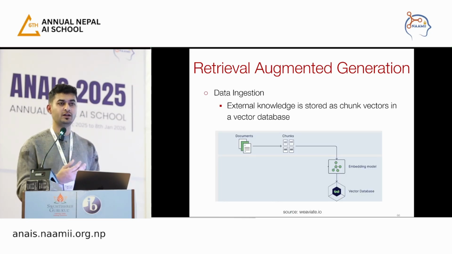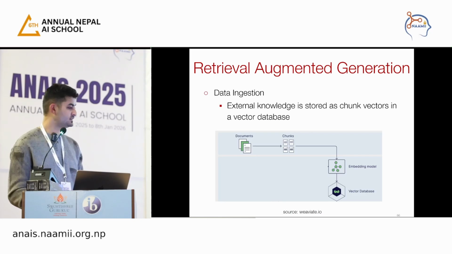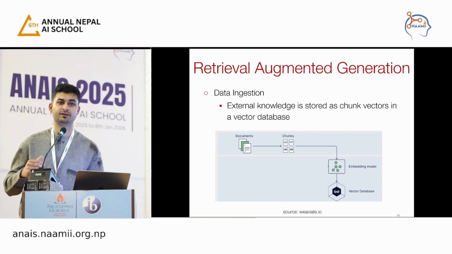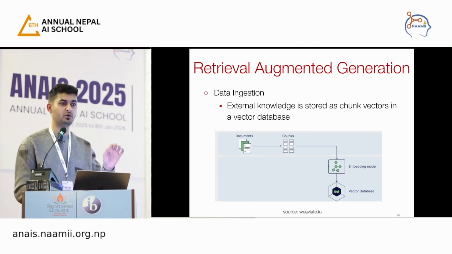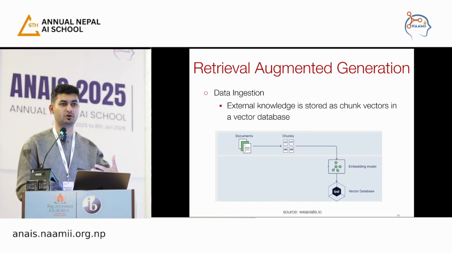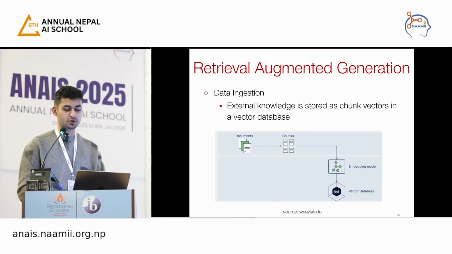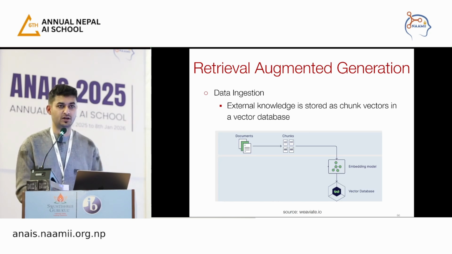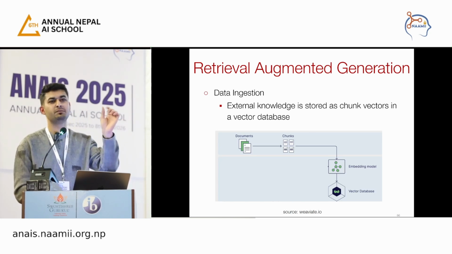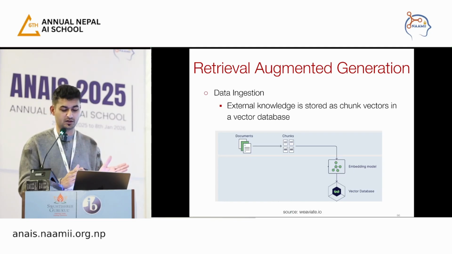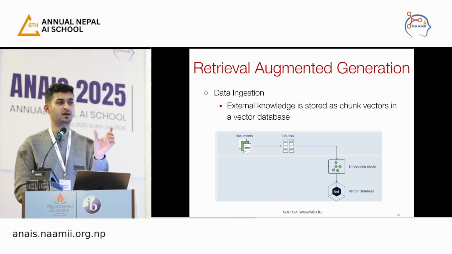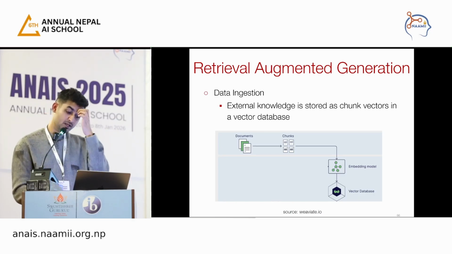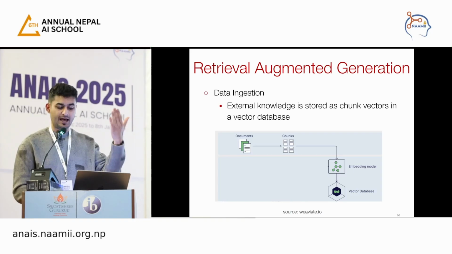The external knowledge is stored as vectors in a vector database. Let's say I want to develop a RAG system for a financial use case. I'll extract everything on the web about finance, or if I have private data about finance, I'll also put that. I will create chunks. If I have 1 million documents, that gives me maybe 100 million chunks. A chunk is basically a sequence, or maybe a sentence, or a fixed length word or token size. This is used for the feasibility of representing a vector as a semantic concept.